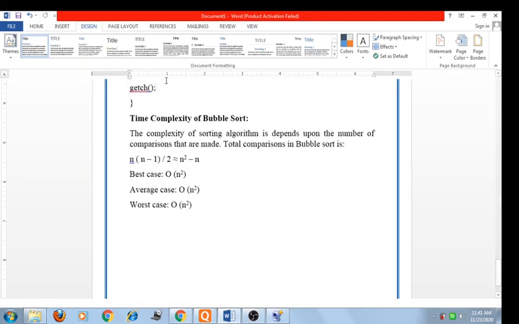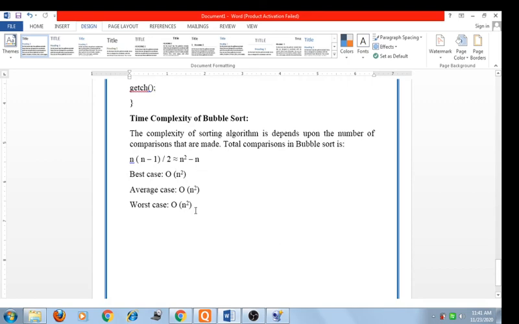The time complexity of a sorting algorithm depends upon the number of comparisons that are made. That means the complexity depends on how many comparisons are made. The total number of comparisons in the bubble sort is n into n minus 1 upon 2, which is approximately n square minus n.